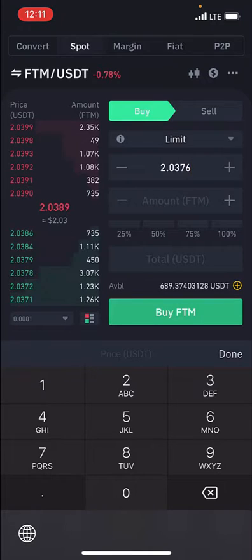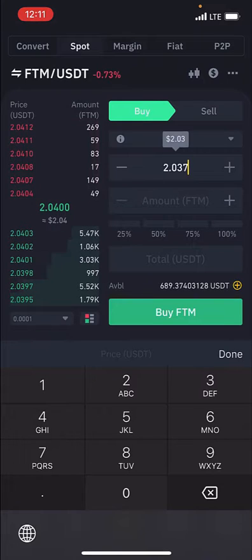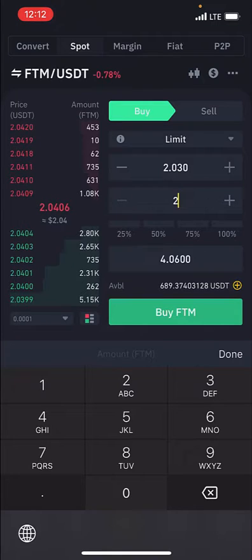So you can see on the left side of the screen, the price has started going up. It's already at 2.04, 2.039. It keeps on fluctuating as more buyers and sellers are coming. But if I want to buy at a lower price, let's say I don't want to buy close to the top right now, I can move the price down to 2.030, and I will say I want to buy maybe 20